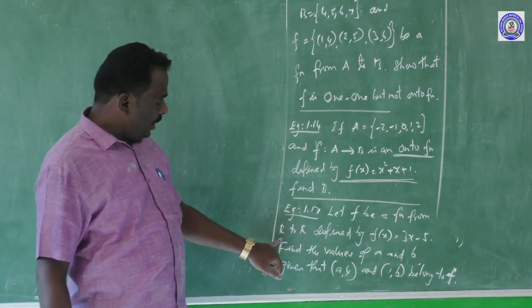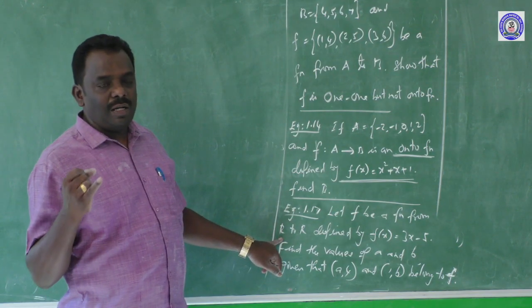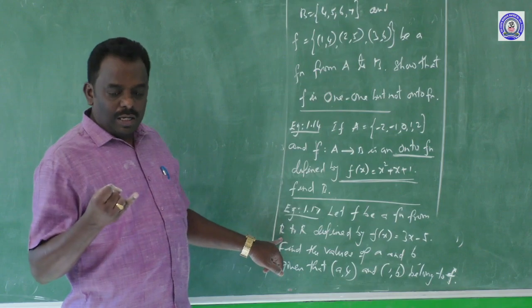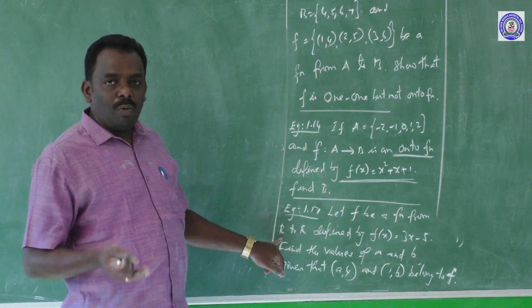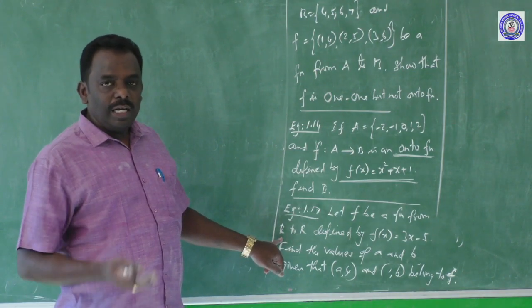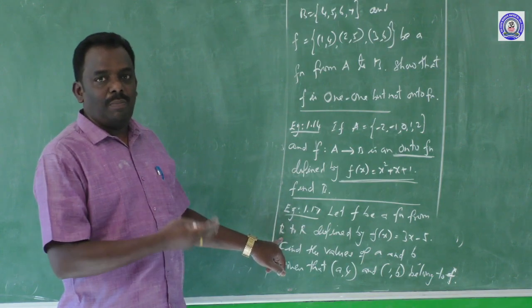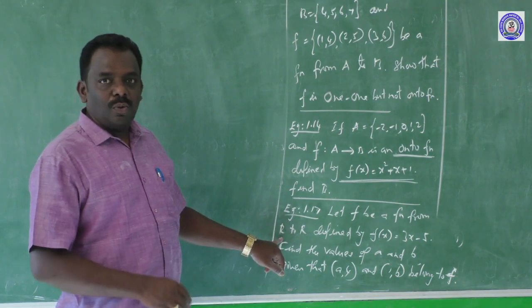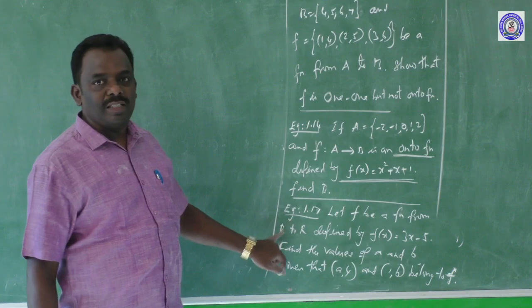It is capital R. Every number system is in capital R. Natural numbers belong to capital R. Whole numbers belong to capital R. Integers belong to capital R. Rational numbers belong to capital R. And irrational numbers also belong to capital R. The biggest set defined here is capital R.